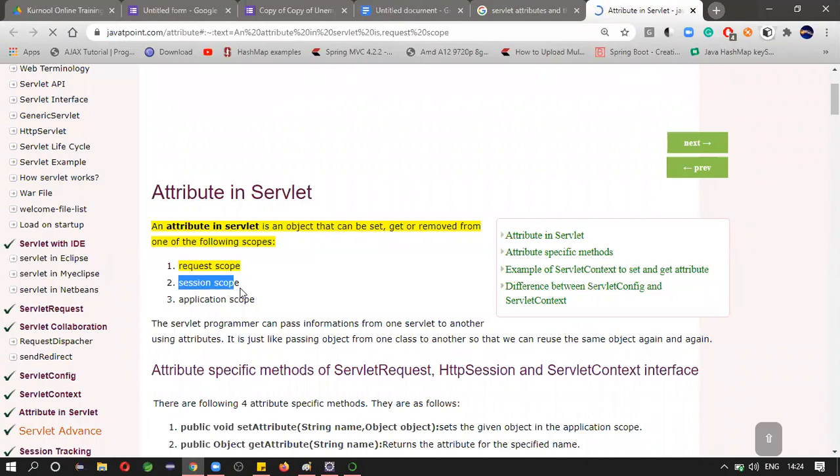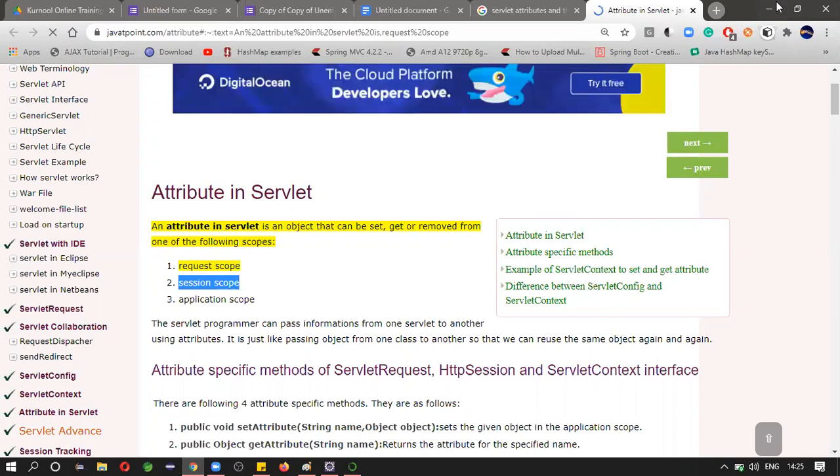Next, session scope. What is meant by session? Logging into an application from the starting point to the ending point is nothing but a session. For example, you open an application for 5 minutes and close it. See, this is one session. The process we follow to identify the user throughout this session is session handling, nothing but identifying the user in order to provide some resources.